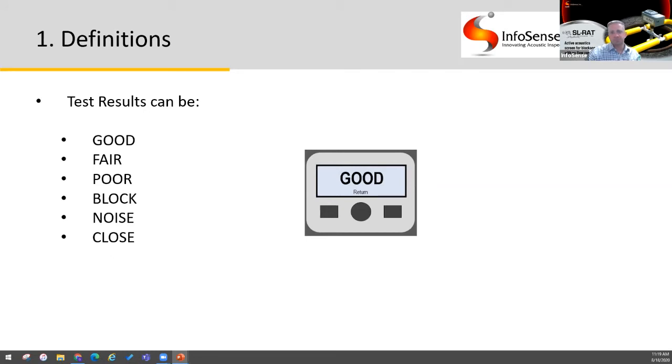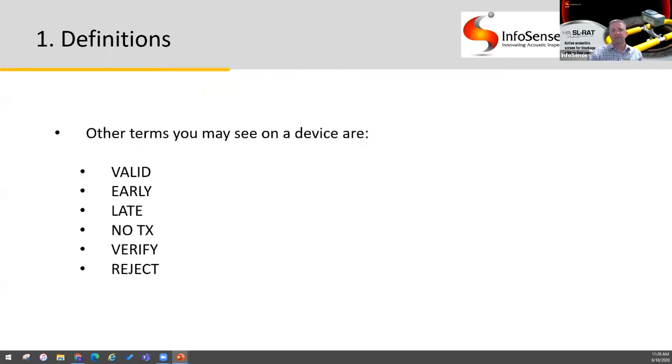Close is when the SLRAT transmitter and receiver were close to each other, as I mentioned earlier, during the measurement. The pipe assessment may represent a score created by the receiver hearing the tones above the ground rather than through the pipe. Valid signifies that no anomalies in the measurement conditions were detected. It's a valid test. If you see early after a test, it means that the SLRAT transmitter unit was stopped